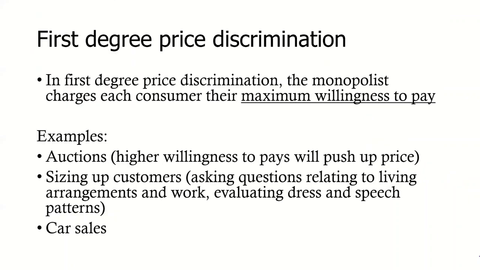So what do we mean by first degree price discrimination? Here, these firms are trying to capture maximum willingness to pay, right? For example, you would see this in an auction, right? You start with the lowest bid, let's say 100 rupees, and then there's a buyer for that, or there could be several, and then they go up to about 150, 200. Likewise, you know how an auction works, right? You increase the bids because there are people who are willing to pay more, but for the